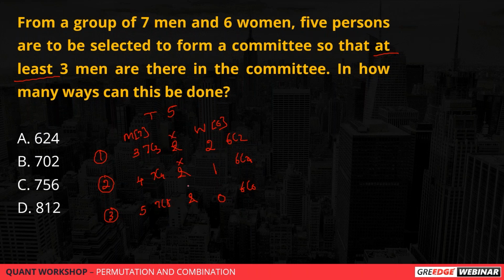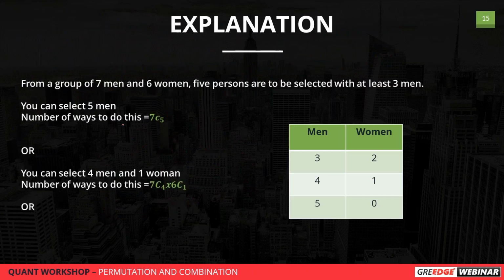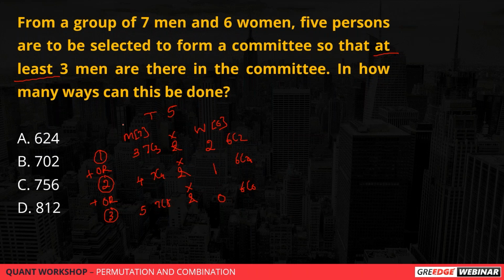So what do we have to do? We have to multiply the men and women choices within each case. Either I can go with case 1, or case 2, or case 3. So what do we have to do? We have to add the cases. That will give you the answer. So we are forming the possibilities for men and women separately, and writing the necessary conditions, and the cases will come.